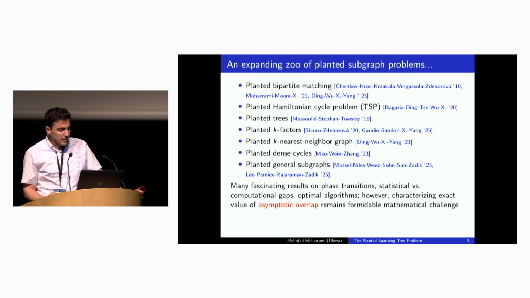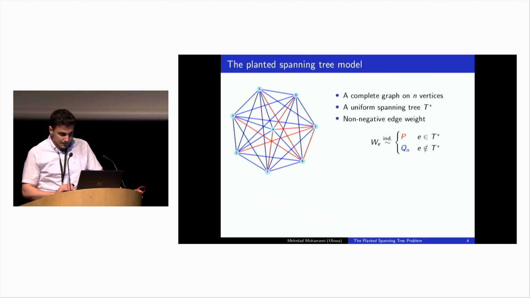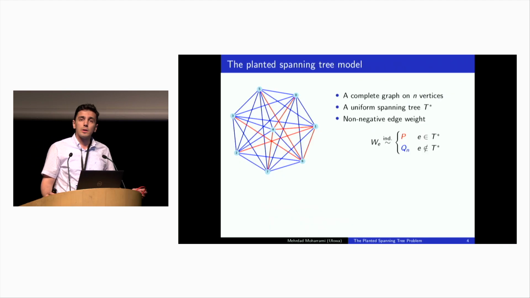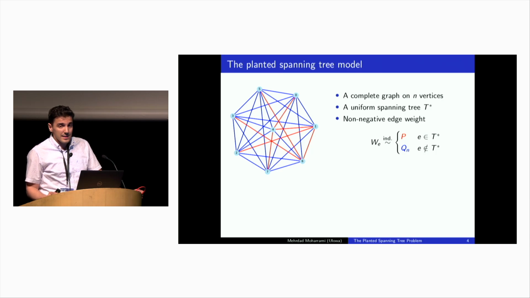And there are not many methods out there for doing so. So in here, I'm going to talk about the planted spanning tree model, and I'm going to talk about how we use local weak convergence to find the exact overlap of our algorithm. The underlying model consists of n nodes, a complete graph. We pick a spanning tree T star uniformly at random from all spanning trees there, and then we assign weights